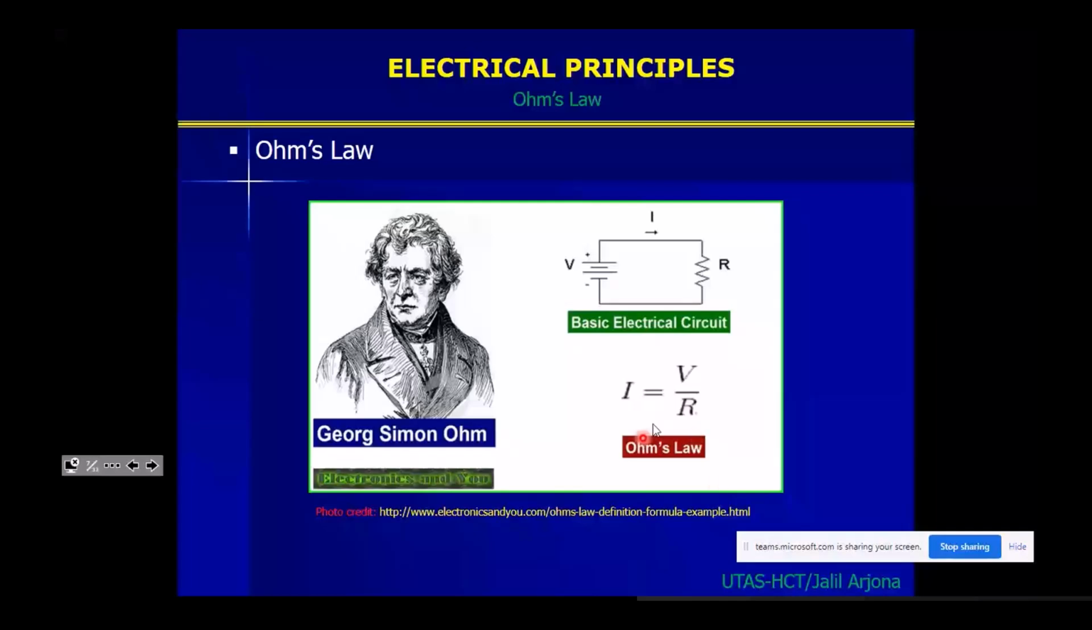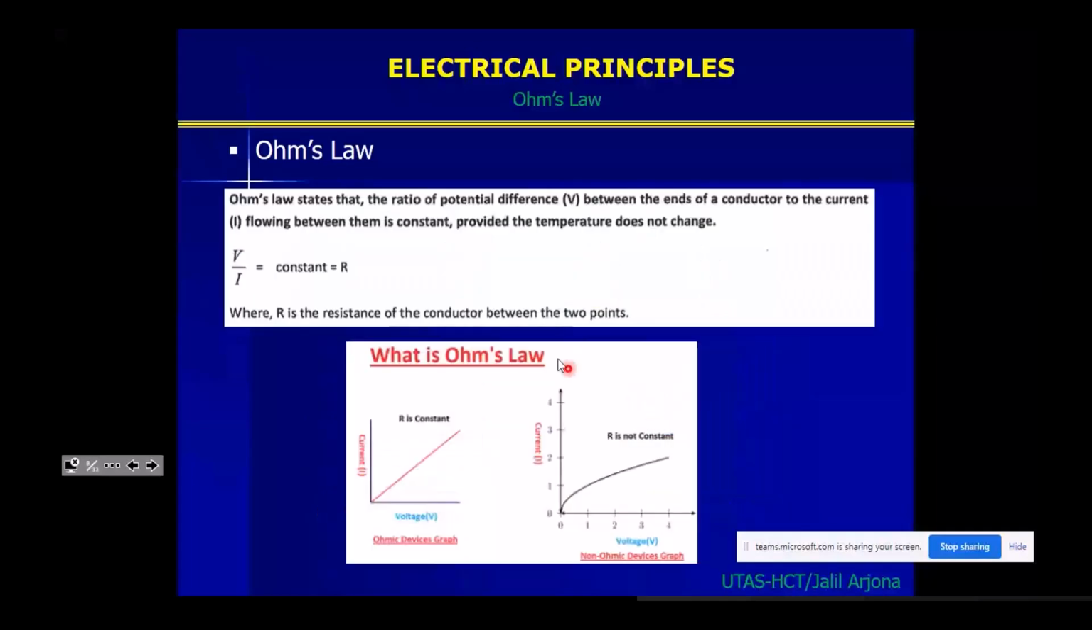So next. Again, according to Mr. George Simon Ohm, we will always have a constant value when you take the ratio between V and I. So it's a constant value. Looking into the graph, if the load is purely resistive or an ohmic device, the result